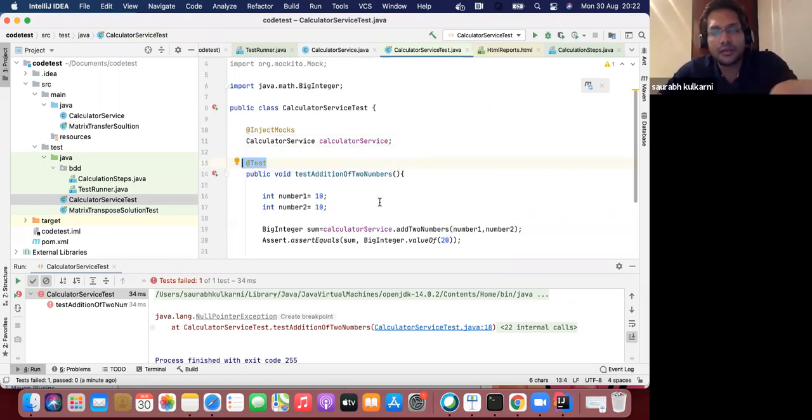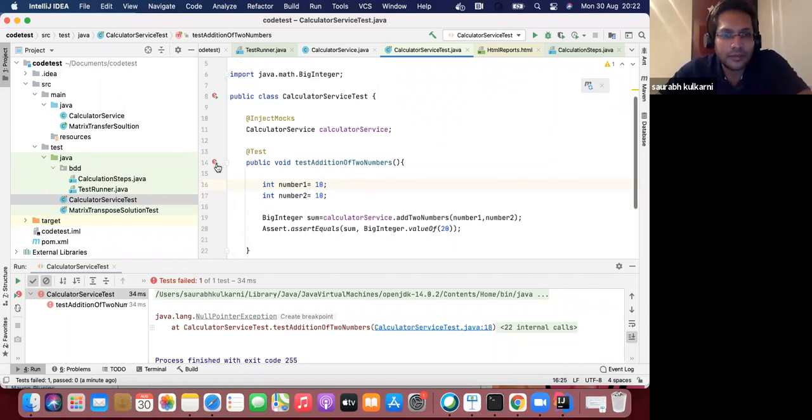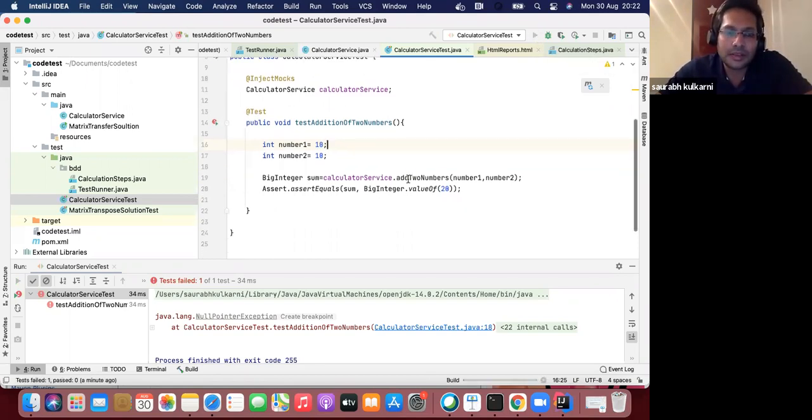That will tell the IDE tool that these are the tests and not the actual code. Now I'm going to run the test because I have written the code. When I run the test, it should return me 20 and it should pass.